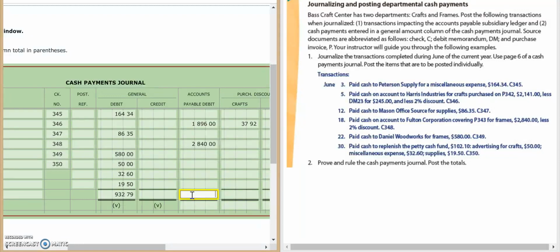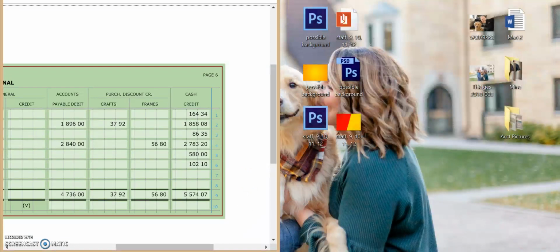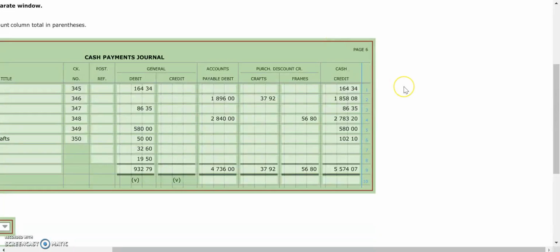When we add those together, it's $4,736. The purchases discounts should be pretty easy because there's only one, so we've got $37.92 and $56.80. And then our total cash credit, when we total all of those up, is $5,574. Okay, beautiful. So what I'm actually going to do is close these instructions, and I'm going to make this bigger again